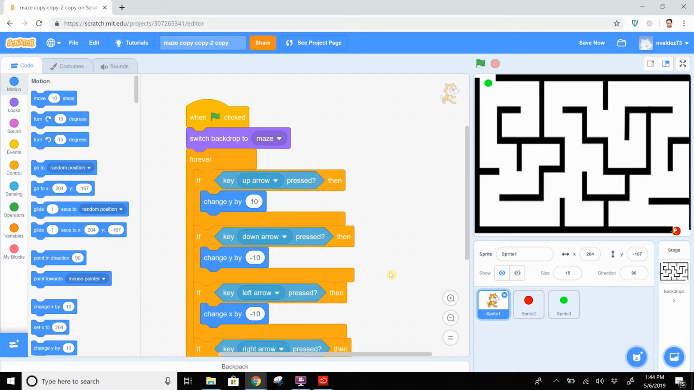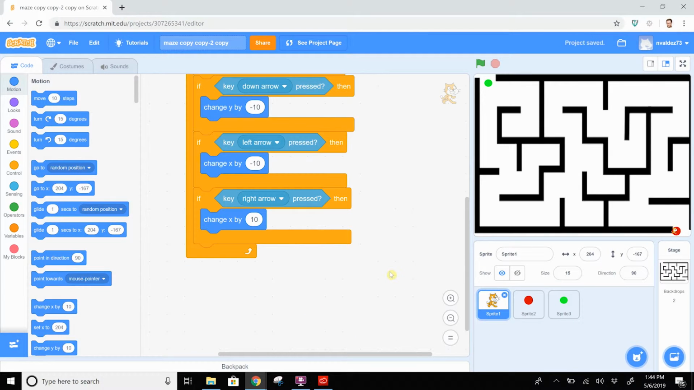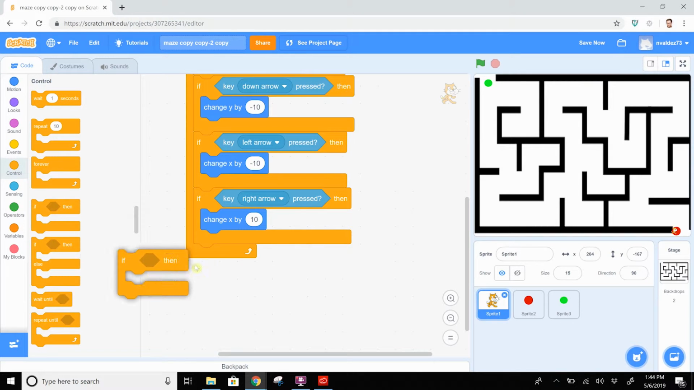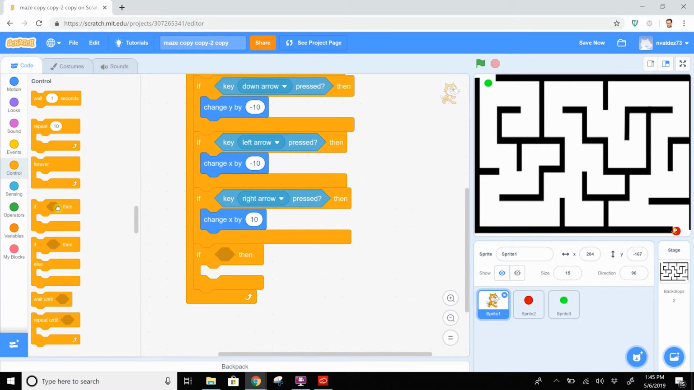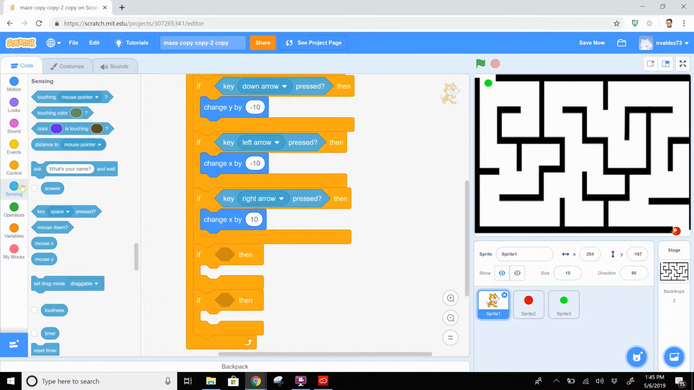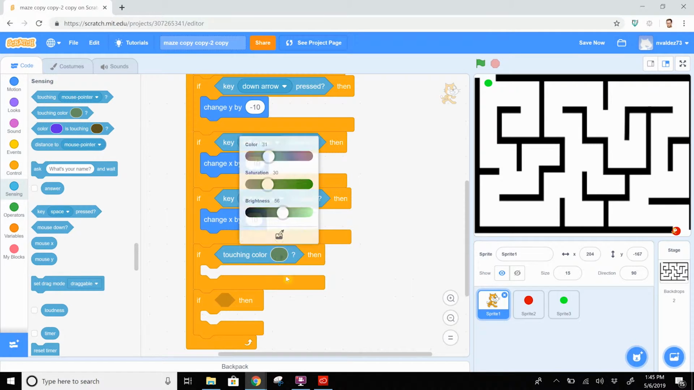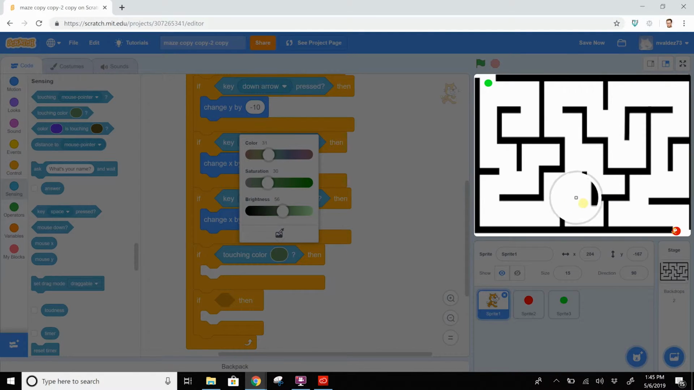Now that we can move, all we need to do is add two more if-thens. And these are going to be a little bit different. So if then and if then. We're going to go to sensing, and if touching, so if we're touching the maze or the color of the maze, which is black,